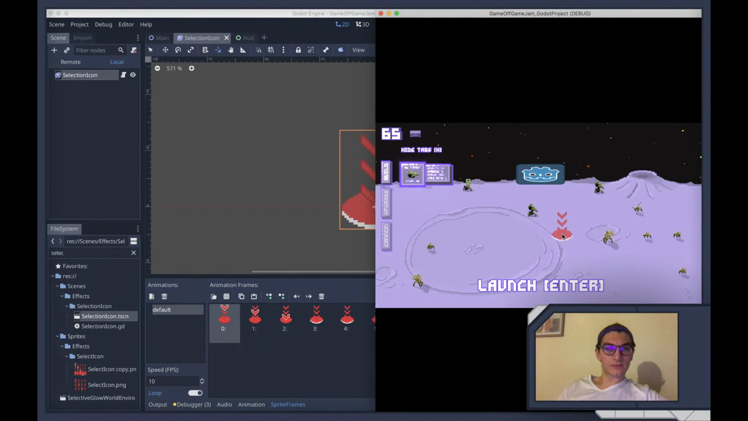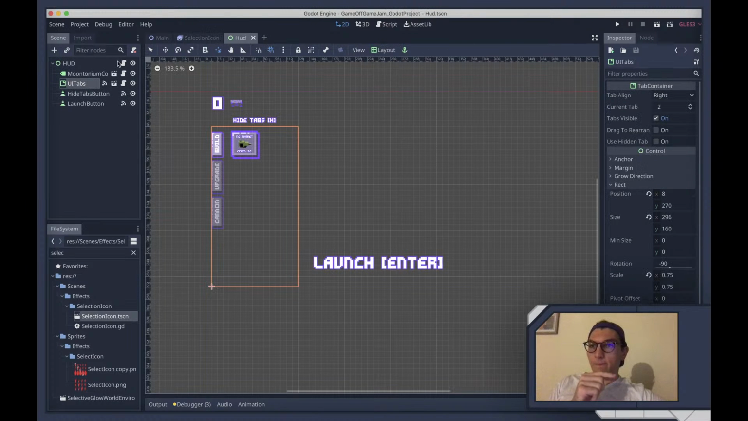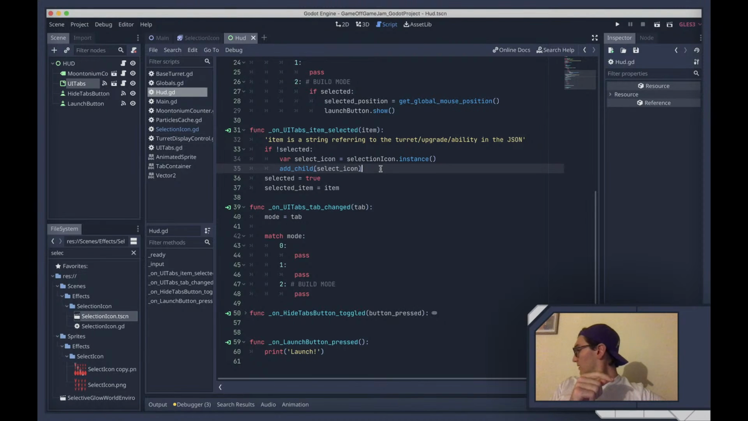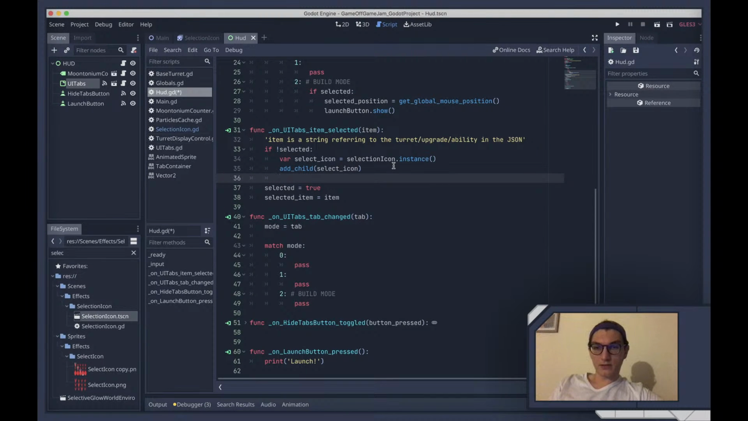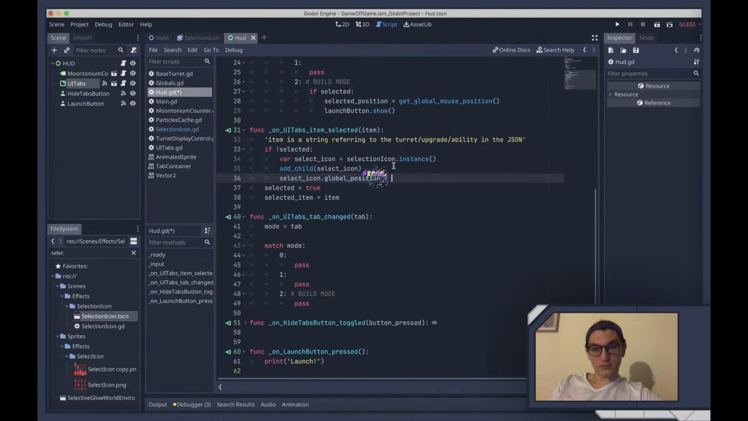Nice, nice, nice. Okay, so now we've got a few things we need to do. So for one thing, I don't like that it spawns at the top of the screen until your thing's there. I'd like it to spawn, so we say add select icon, select icon dot global position equals